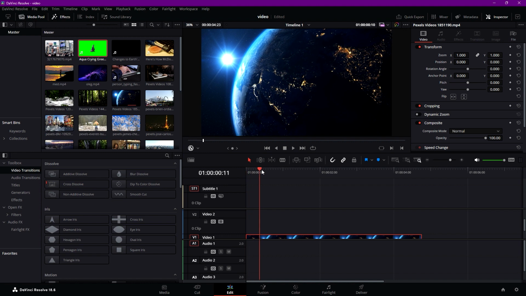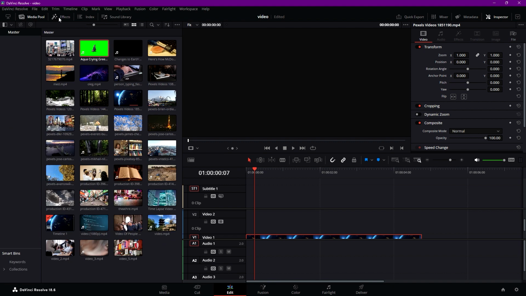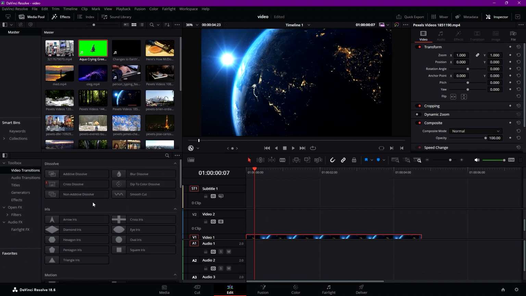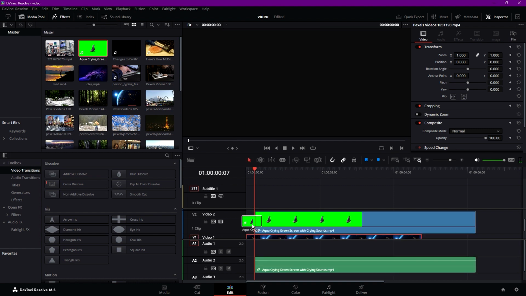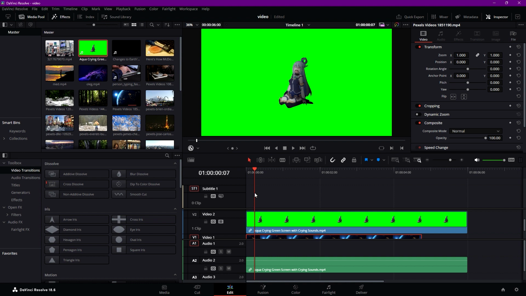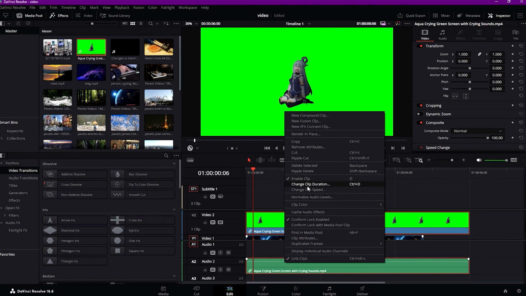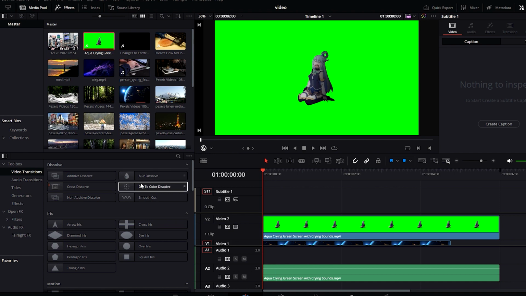So the first thing you need to do is head over to effects here on the top left side of your screen, so that you'll have this entire section here with all the effects that you can use. So let's pretend, let's really use this video of Aqua crying green screen, and we want to remove the green screen. And what we can do is head over to the effects on the left side of the screen, and now